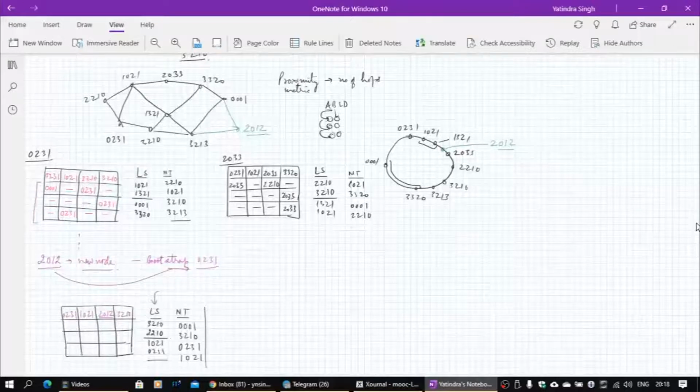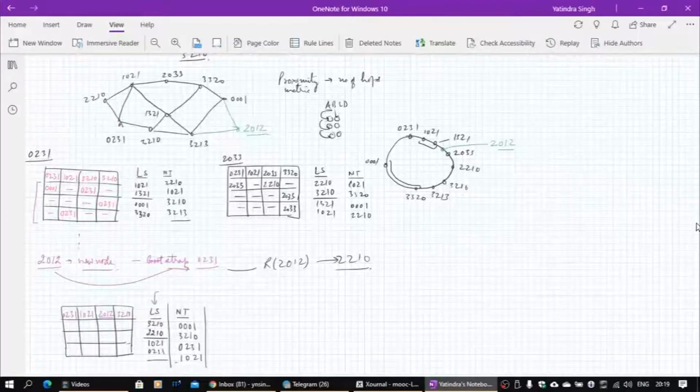So this will become the neighbor table to begin with. Now this guy will search for 2012, the best match entry is 2210. So this query, the root of 2012, will be handed over to 2210. So I need a routing table of 2210 now.